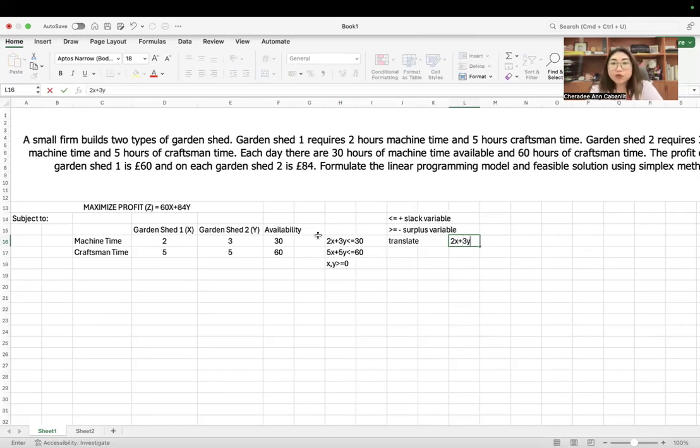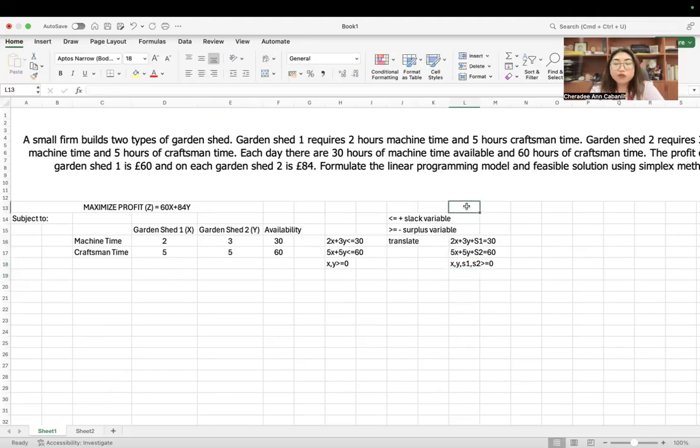Since that's less than or equal to, you will add a slack variable. For the first constraint, we call that S1. Then it becomes equals 30. So we're turning them into equalities. Then for the second constraint, which is the craftsman time, that's 5x plus 5y, still add, but this time S2, equals 60. And your non-negativity constraint already includes your slack variables.